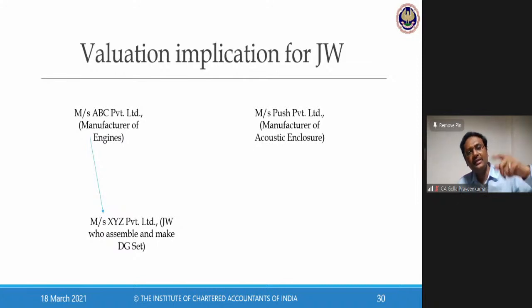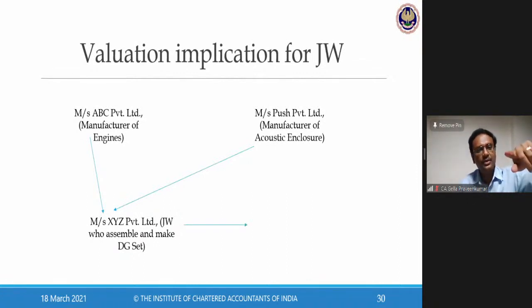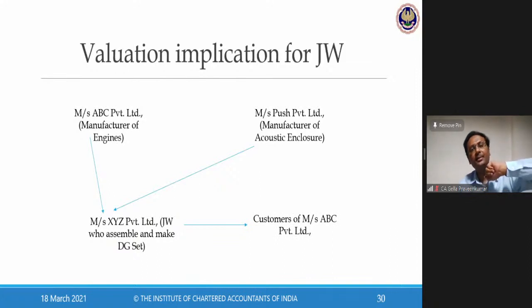ABC Private Limited sends the engine. Push Private Limited sends the acoustic enclosure. All this put together, I manufacture something called a DG set. This DG set is sold to a customer on behalf of ABC Private Limited. Now, in the entire process, let me presume the values. If the value of the engine is say 5 lakhs, the acoustic enclosure is say 2 lakhs, and the assembly activity I have done is 1 lakh, 5 plus 2, 7 plus 1, 8